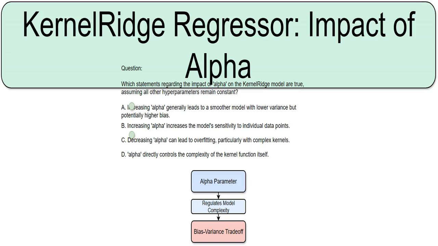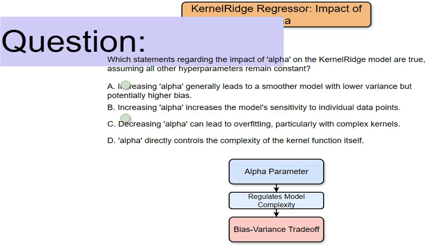I'm exploring the effect of the alpha parameter on the kernel ridge regression model in sklearn. Think of kernel ridge as a fancy curve fitting tool. Alpha is a key knob we can adjust. I want to understand how changing alpha affects the model's performance, its smoothness, and its tendency to overfit the training